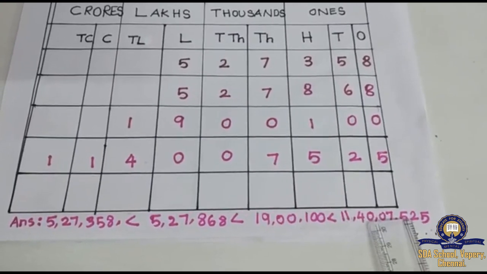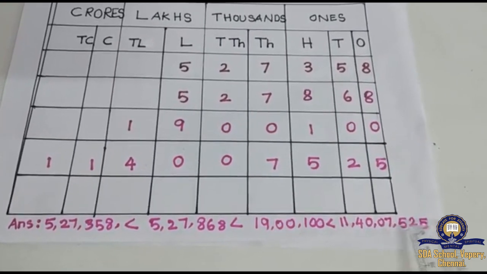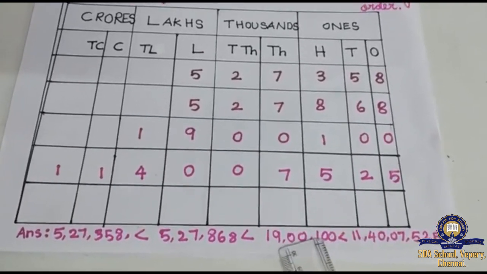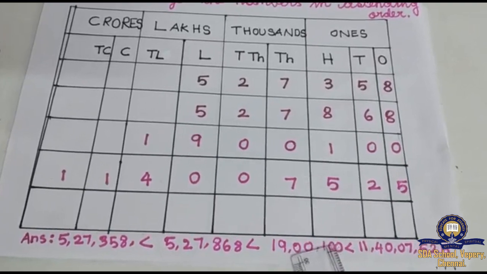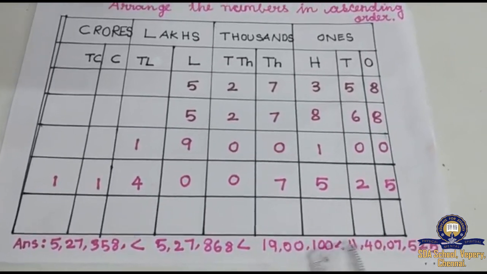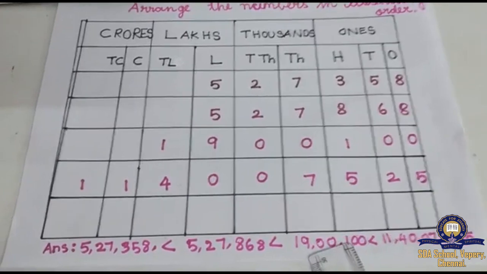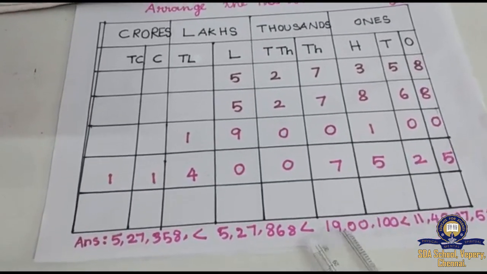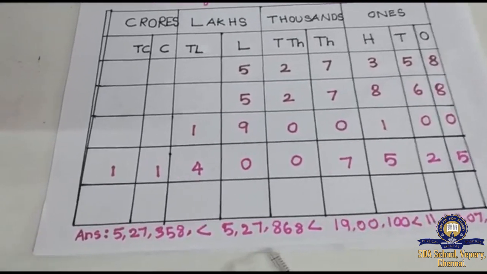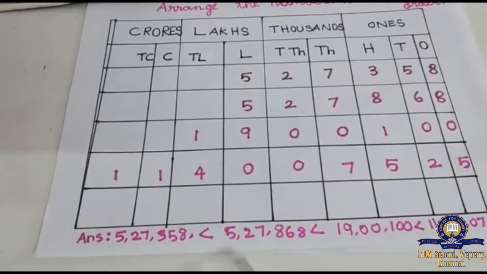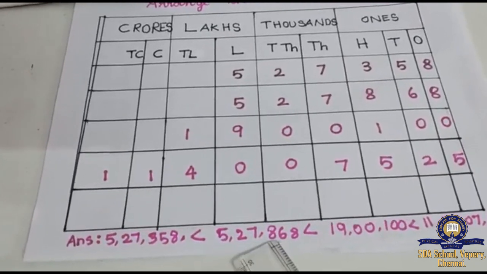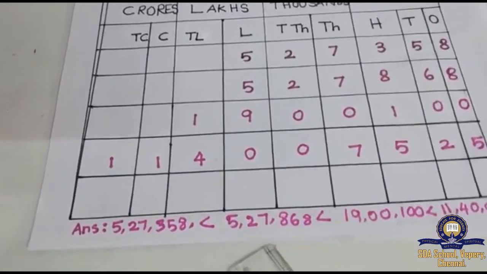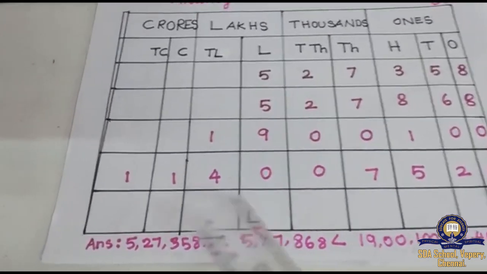11 crores 40 lakhs. 7,525 is greater than 19 lakhs 100. And then this 19 lakhs 100 is greater than 5 lakhs 27,868. Okay, and again this number is greater than